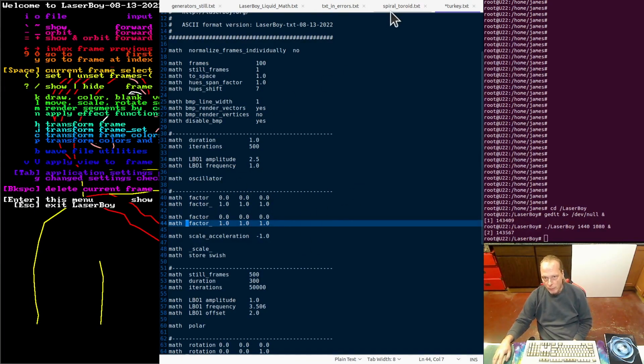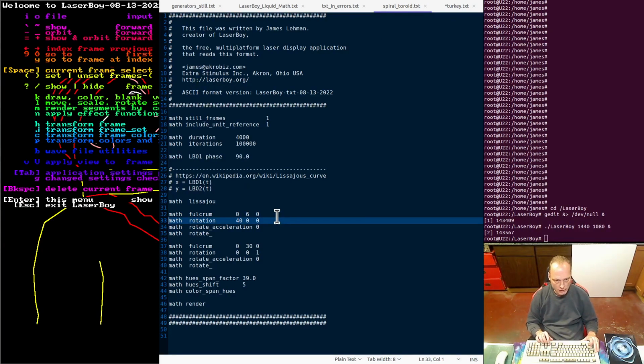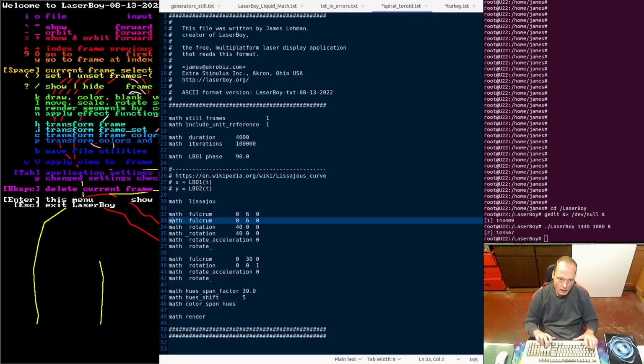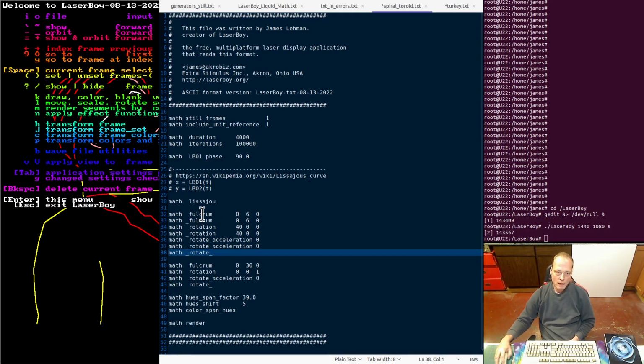Okay? And the spread move and spread rotate, again, there's no rotation underscore, but there certainly is an underscore rotate, and there's even an underscore fulcrum, and there's also underscore rotation acceleration, and then the effect itself is the underscore rotate underscore, which means that from the first frame parameters